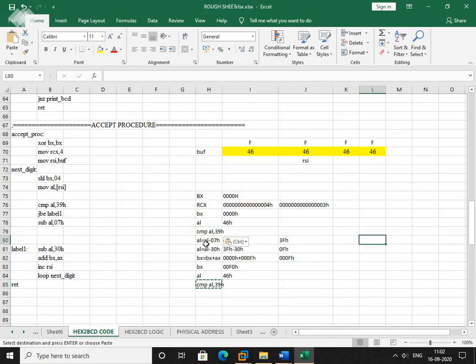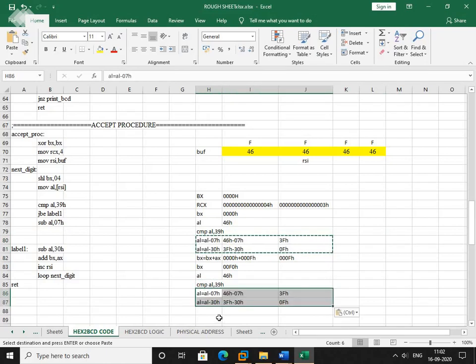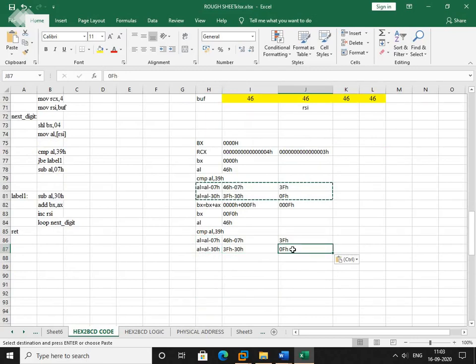After comparison, we are going to do the same things. That means this 46 is greater than 39, so subtract 7, we will get 3F. Then subtract 30, we will get 0FH.